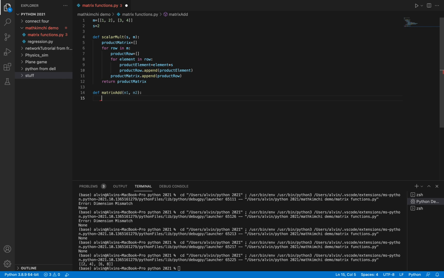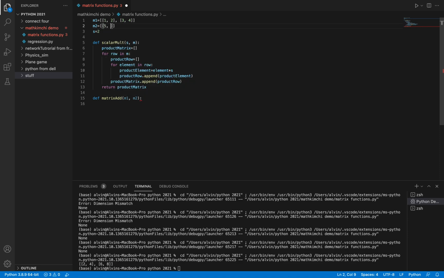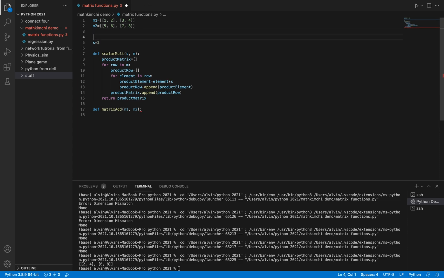And when we do matrix addition, so let's say this was M1 and M2 was something like 5, 6, and 7, 8, then